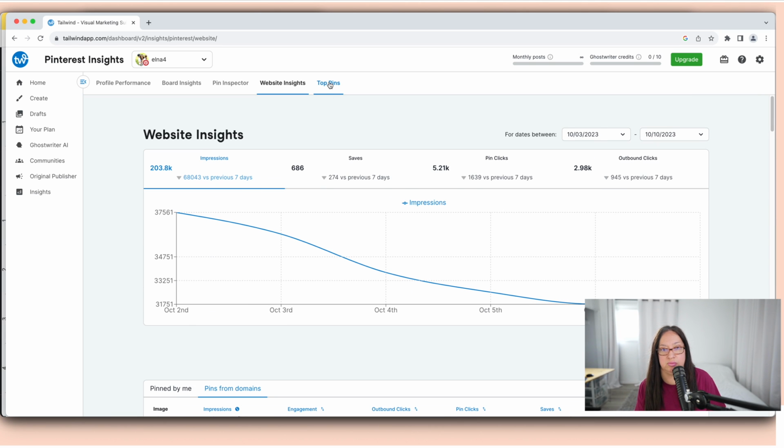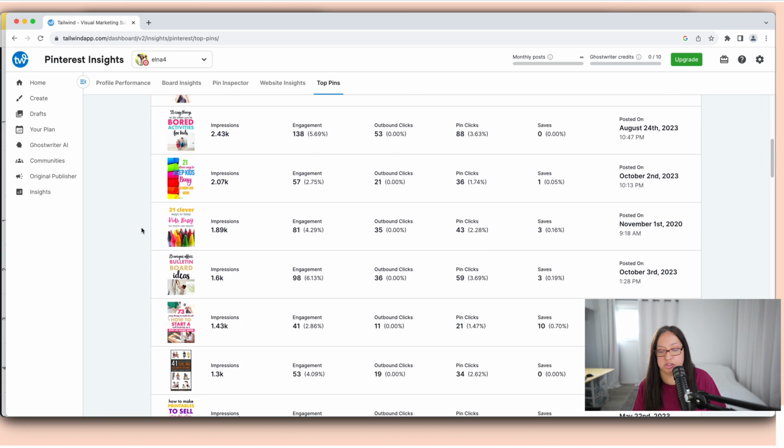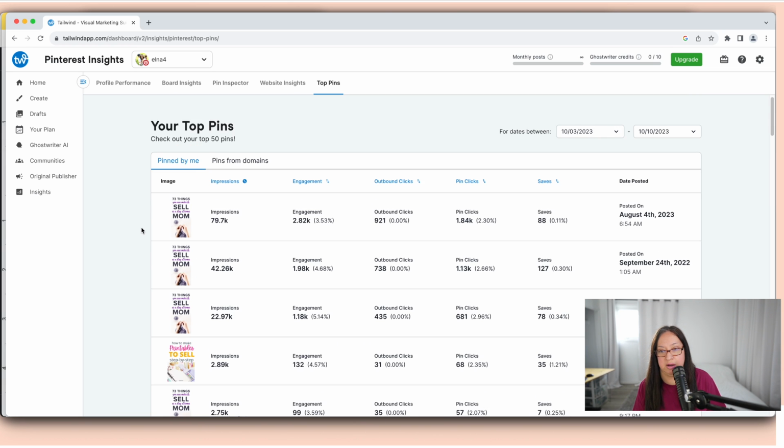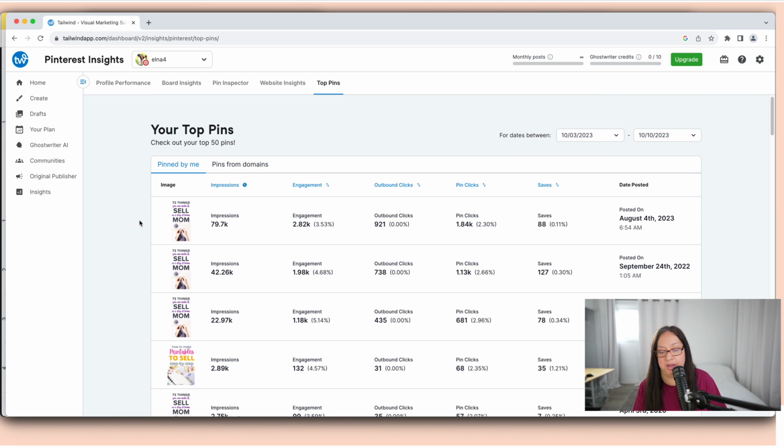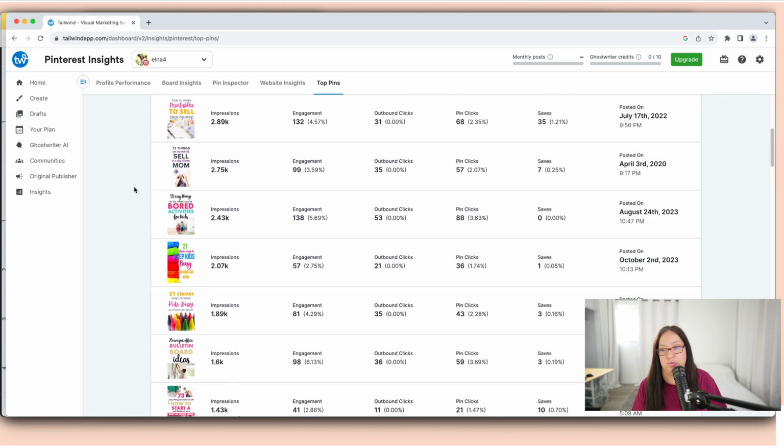So that's good to know. And then of course they have a top pin to tell me what my top pins are, but I can also check that on Pinterest too, and on Google Analytics. Those are a bit better analytics than the ones on Tailwind. But again, if this is all you have and you don't want to set up your Google Analytics, or invest in Pinterest marketing, their analytics platform is just another way to look at